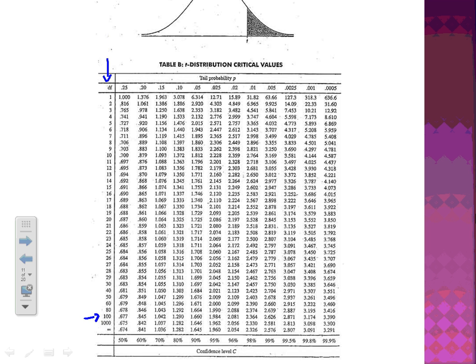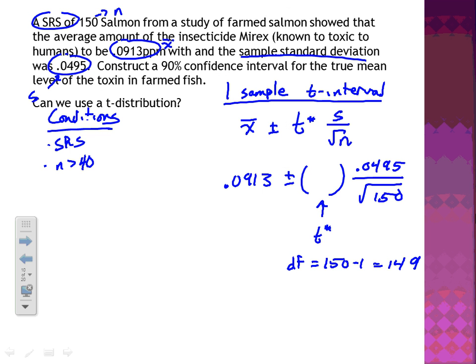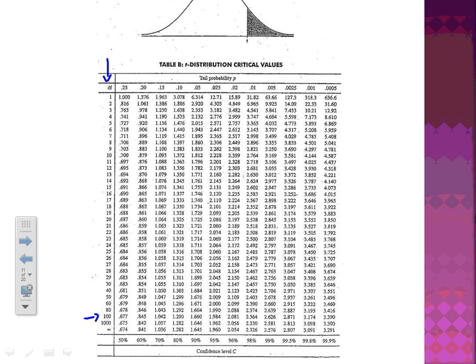The table only goes down to 100, doesn't go down to 149. So what we're going to do is we'll use 100 because it's the closest number. Now the other thing, we were looking for a 90% confidence interval. This is the beauty of this table. Confidence level, we want 90%, and we'll go to the closest one we possibly can, which is right there. So at a 90% level, 100 is as close as the table gets us to 149,